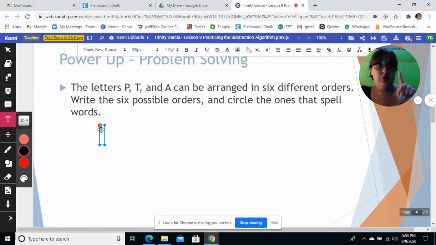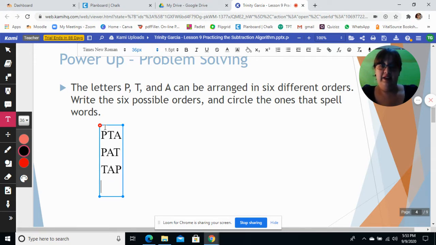Okay, we can use each one at the front one time. So we're going to start with the letter P, and we're going to do just how it is already in the problem, just to make it easier, PTA. Then we're going to do PAT, and we're going to move on to T, TPA,